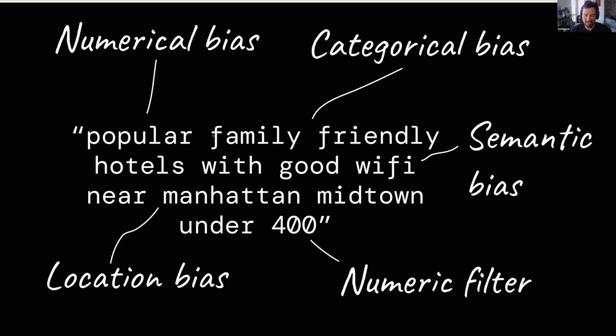It gets broken apart into, okay, popular, and that gets pushed into some kind of popularity encoder: we need positive bias on this dimension. Family friendly, we have a categorical encoder that is not a filter, but it creates bias. You can do multi-hot, but high cardinality categories need something a little bit different. So again, there is an encoder that gets prompted towards creating positive bias towards family-friendly categories.